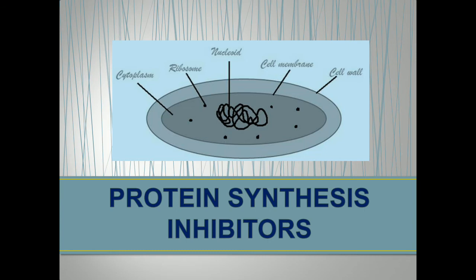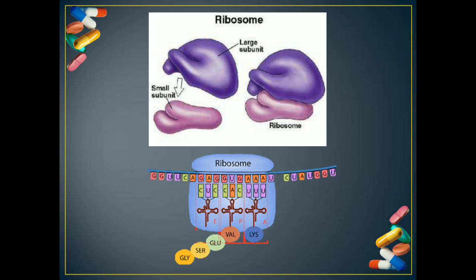So if we apply an antibiotic that inhibits protein synthesis, that particular protein cannot be synthesized, and because it has an important role, automatically the bacterium is unable to function. Protein synthesis, whether in a eukaryotic cell or a prokaryotic cell, occurs on organelles known as ribosomes. That is why I have displayed it over here. So protein synthesis occurs on ribosomes. Now these ribosomes are made up of two subunits. One is a very large subunit and the other one is a smaller subunit.